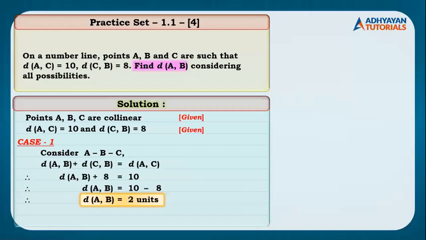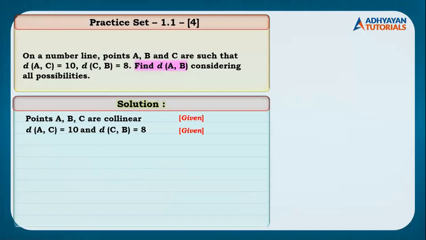With case 2, whatever you have considered, kindly message to the text. We have kept B in the middle part. Now you can either keep A or you may keep C. I go ahead with C. So case 2, consider C in between A and B. So I'll be writing distance AC plus distance CB is equals to distance AB. Now we just need to substitute the values.